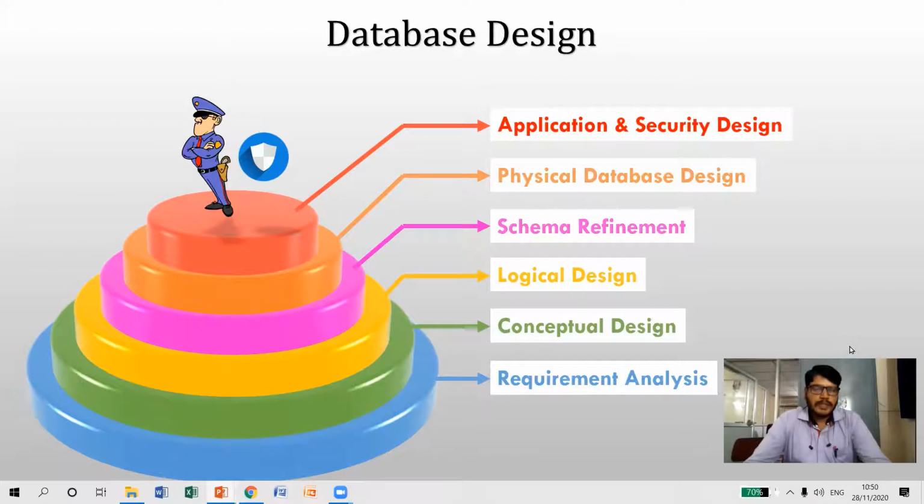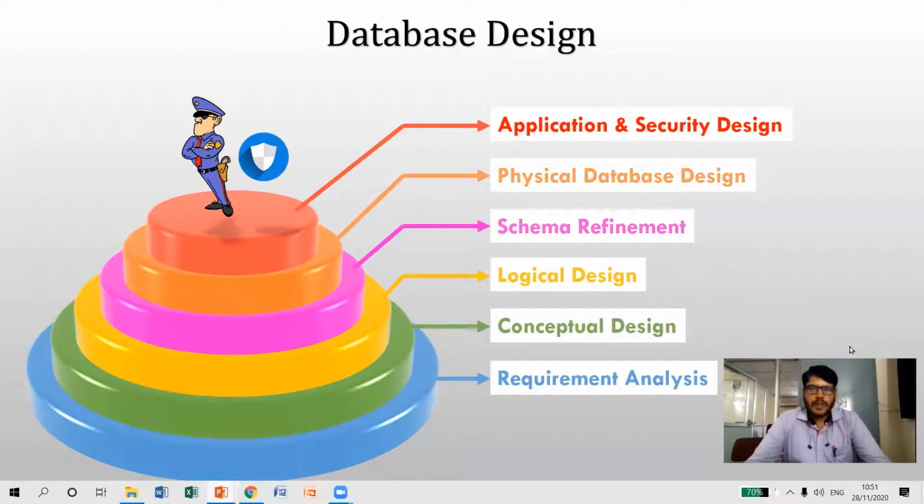And we are going to implement several security measurements, like to access our data, it should ask for a username and password. Sometimes we may implement biometrics technology. Sometimes we may implement encryption and cryptography technologies. With the help of this, we are going to provide proper security for our database. So once we implement the security for our database, then we can say our database design is complete now. So these are the step-by-step procedures to implement the database design.